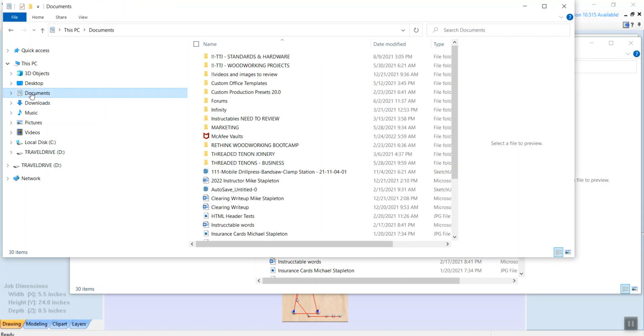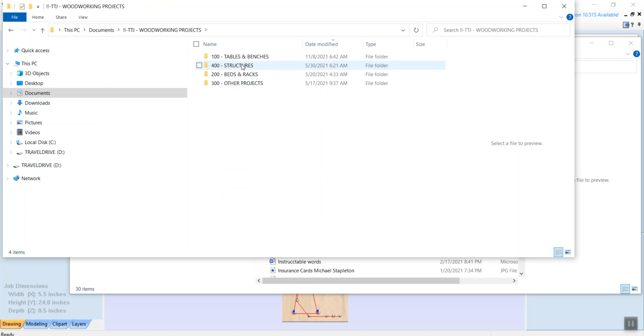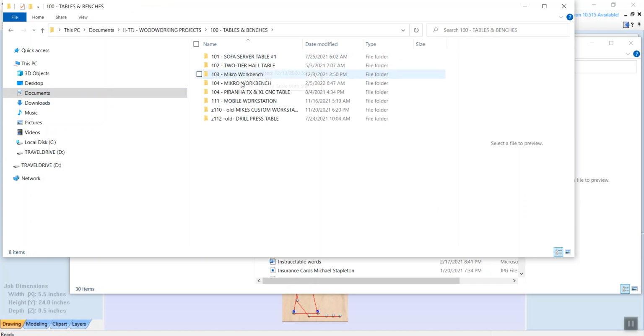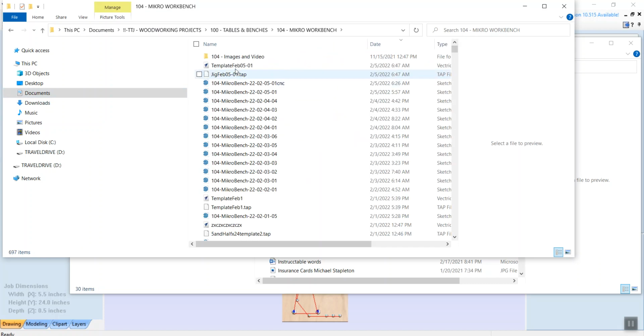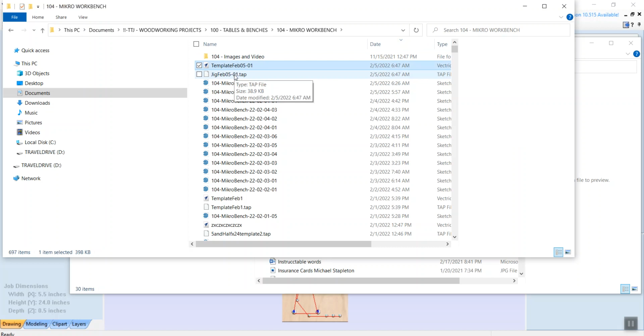I'm going to go back up to where I store stuff, and I'm just dropping down to the MikroBench. Okay, and then right here you can see, today is the 5th of February. At 6:47 I saved a Vcarve file, and I saved a tap file, and here you've got the template, February 5th, and I have the jig. I only need the tap file on the thumb drive, but I save this just in case